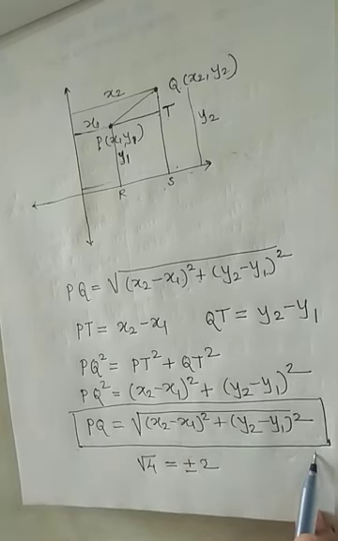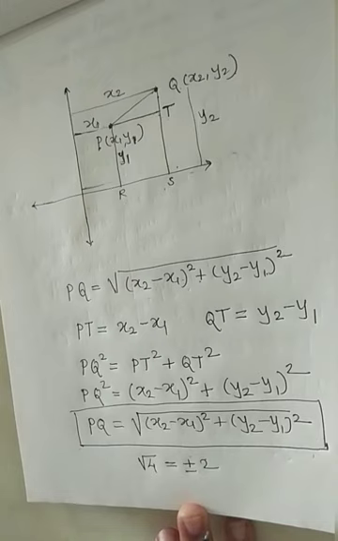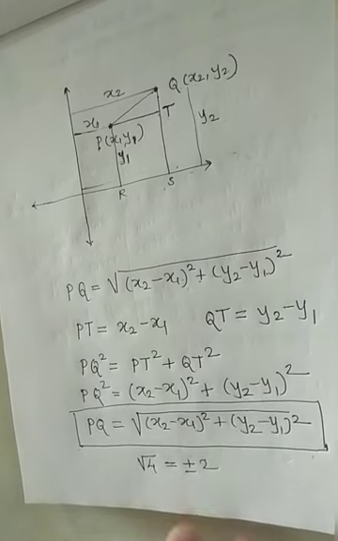Now there are many types of problems which can be solved by using the distance formula. The first type, problems based on the collinearity of points. That means prove that the given points are collinear. Now the second type of problems are based on the equidistant points. And the third type we are going to see here, the problems based on geometrical figures. That means we have to prove the figure formed by joining the points in the coordinate plane is a square or rectangle or rhombus, etc.